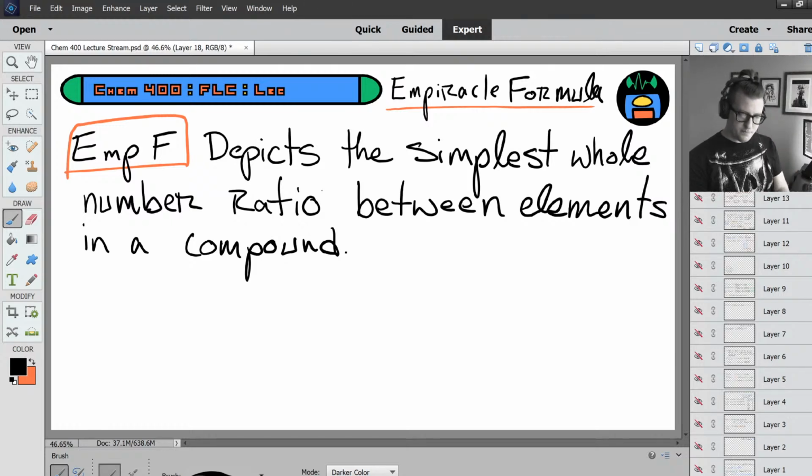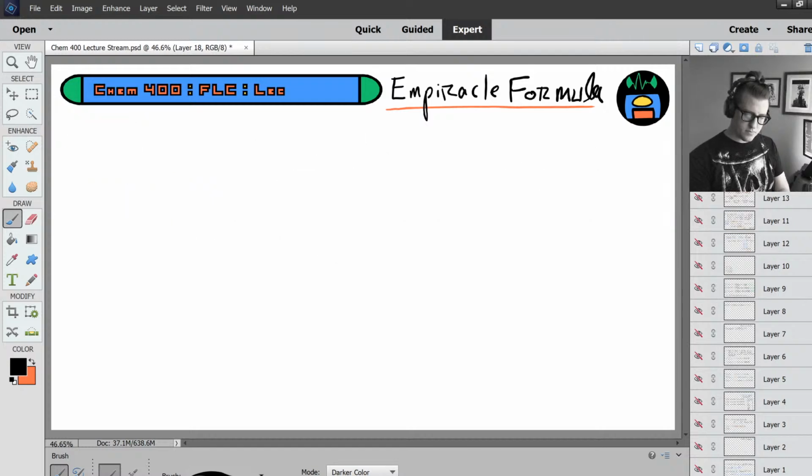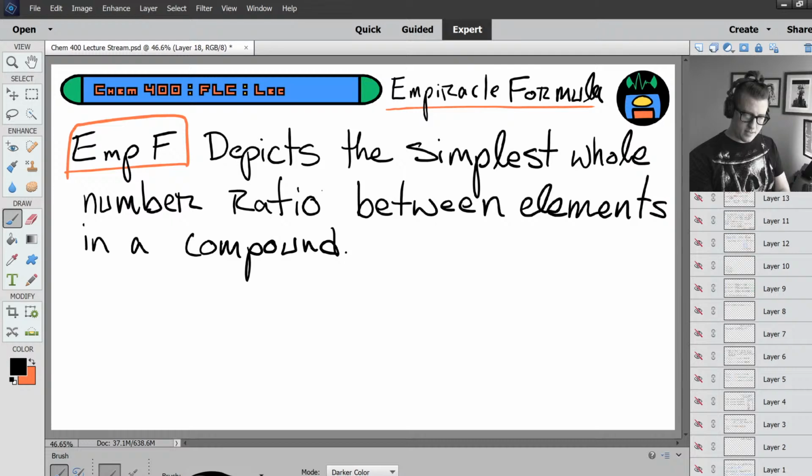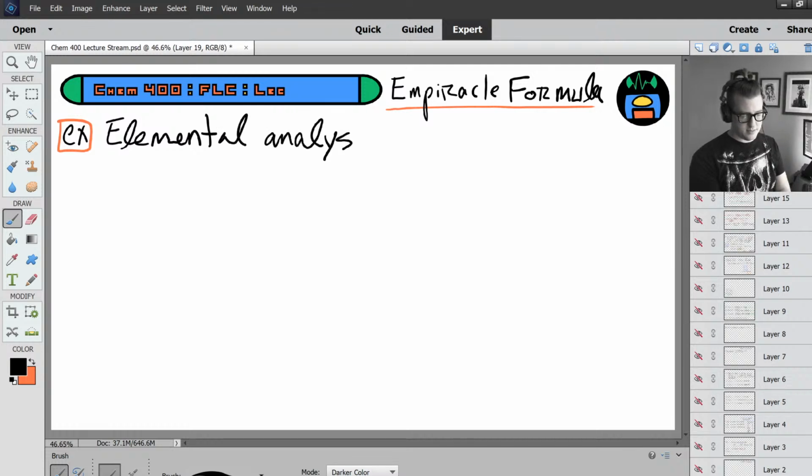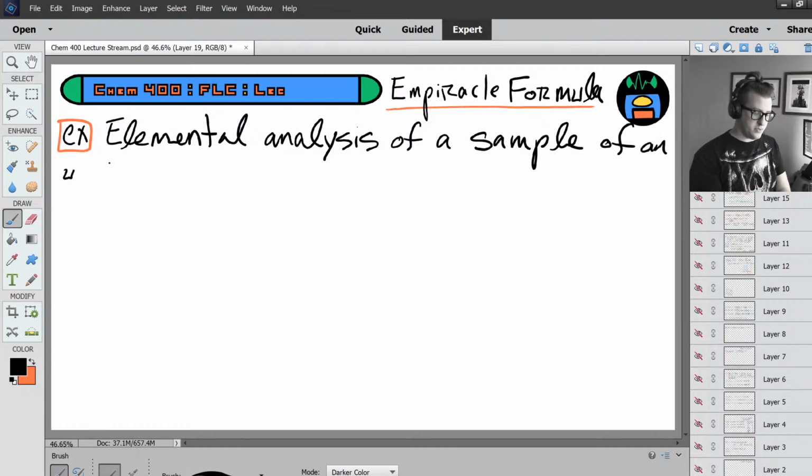So, for example, consider the following example. Elemental analysis of a sample of an unknown compound